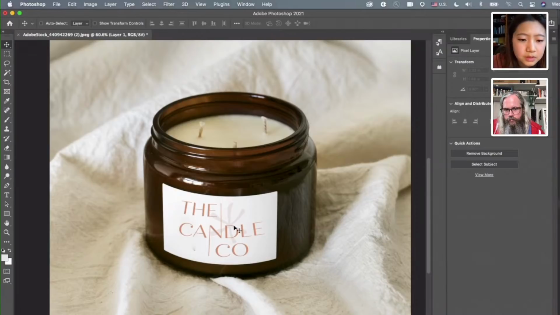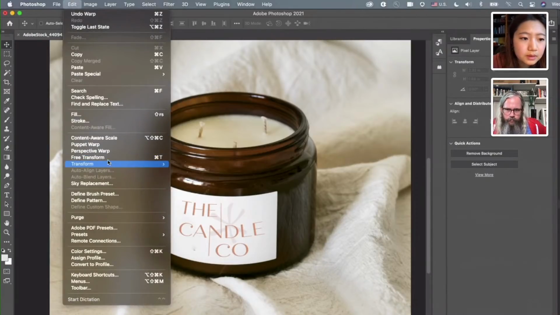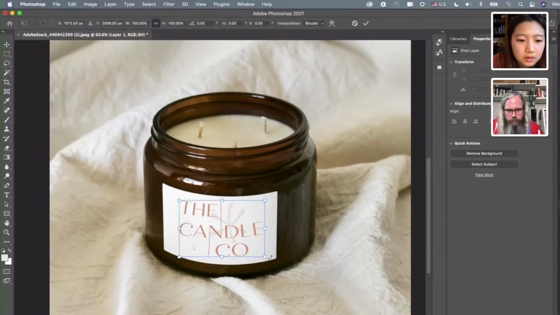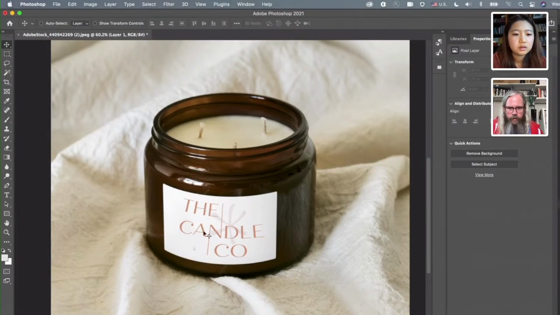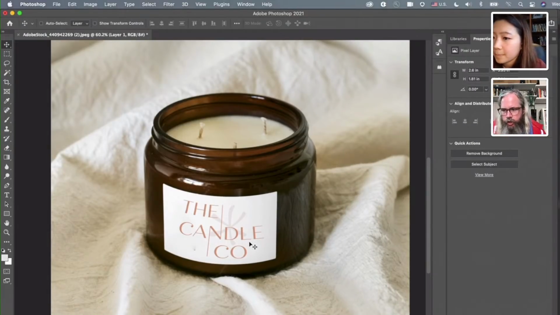And maybe we want to rotate it a little bit. Yeah. There. How does that look? It's looking pretty good to me. And Sean said that you can also bring it in as a smart object and warp it to the jar. I haven't tried it that way, but it's good to know. I think there's a couple ways to accomplish this kind of idea, but warping it,